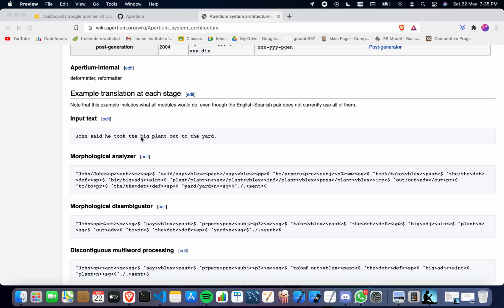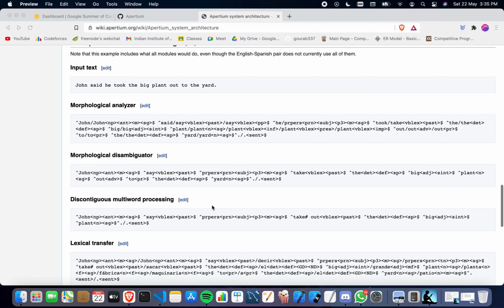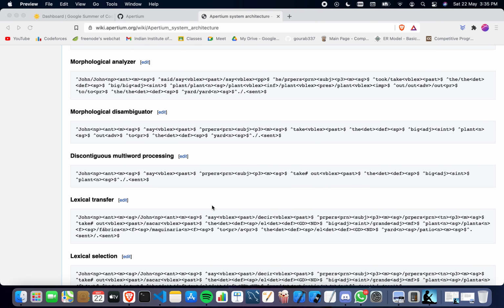Example, the input text is in English. It says, John said he took the big plant out of the yard. After passing it through the morphological analyzer, it will look something like this. Then we have the morphological disambiguator, and after it goes through the disambiguator, it will look something like this.